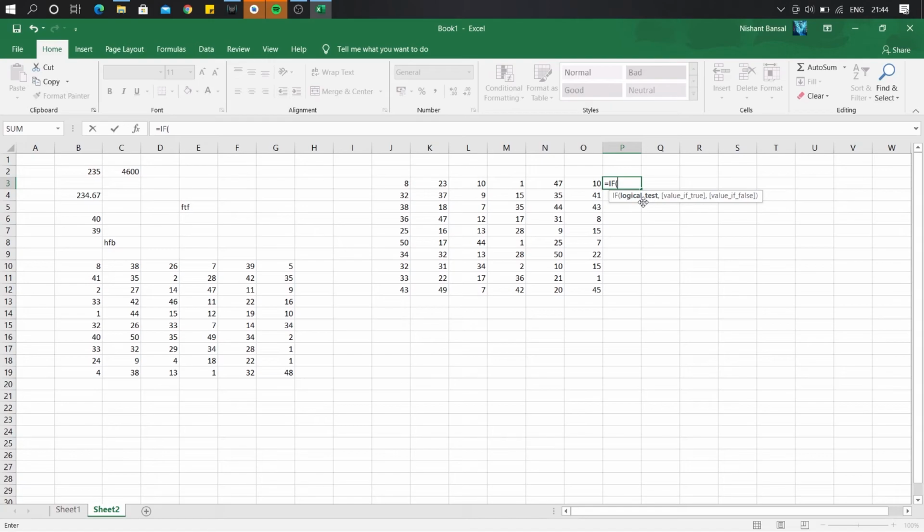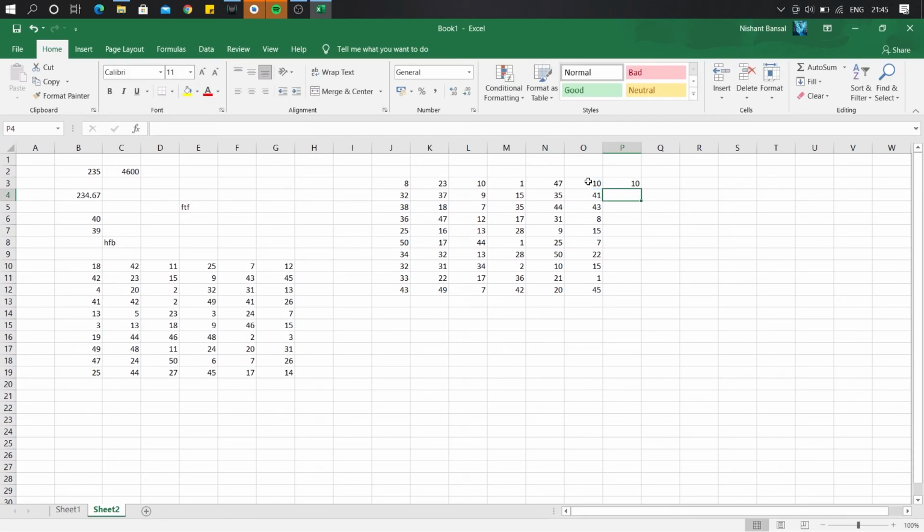So first of all, we need to enter the logical test. So for example, in column O, we want all the numbers which are less than, say, 20. So we would select the cell, enter the logical test, value if true, we want the number if the value is true, and 0 in case the value is false. So enter. Since the number is less than 20, we got the number, and it is evident from here that if the number is greater than 20, we have got the result 0 because the logical test was not satisfied.